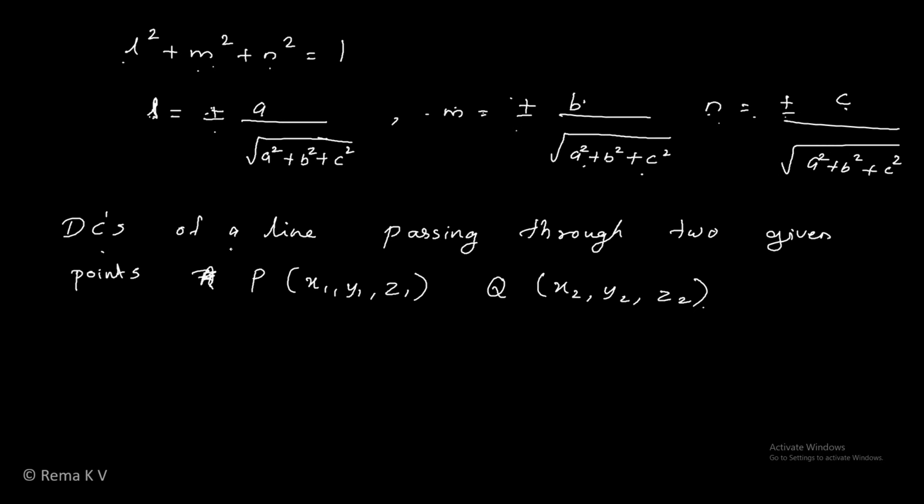So the direction cosines of a line which passes through two given points P(x1, y1, z1) and Q(x2, y2, z2) are: